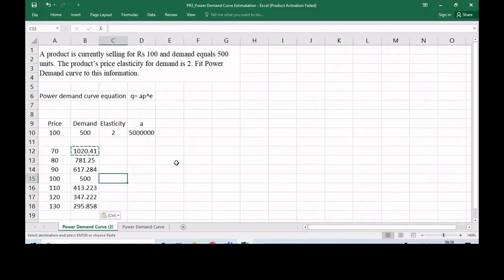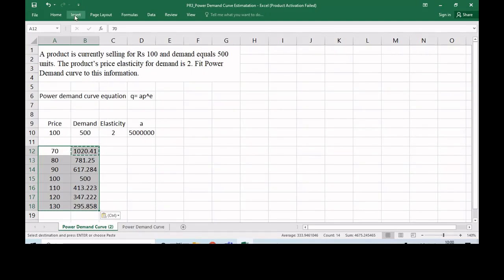Now the question is whether you have done it correctly or not. There is a very small cross verification. In our sum it is given that for price 100, demand equals 500 units. In this data set which you have generated, the price is 100 and the quantity demanded is 500. So it confirms that whatever you calculated here with these coordinates is correct. So this is your cross check here.